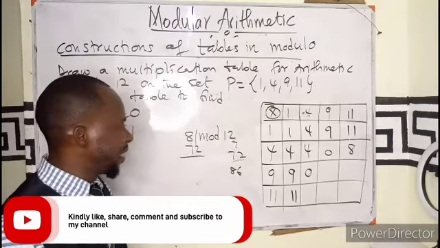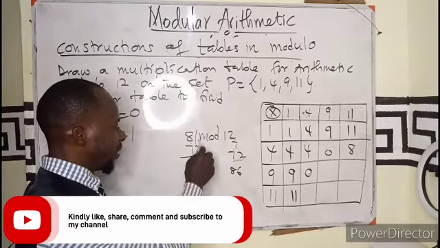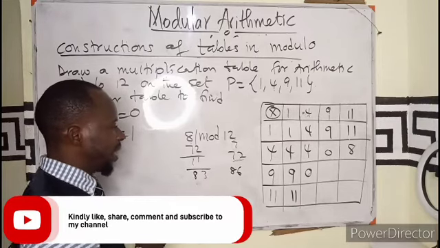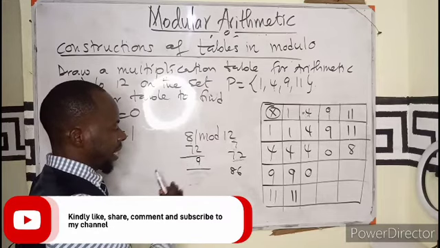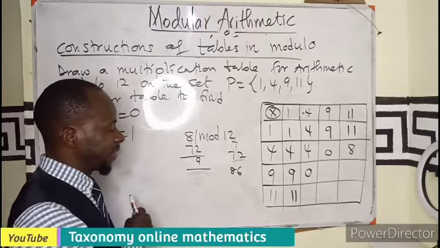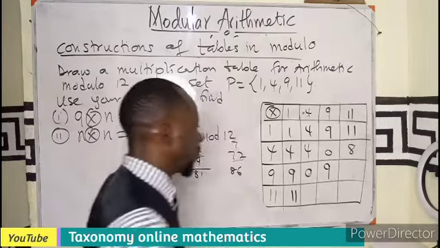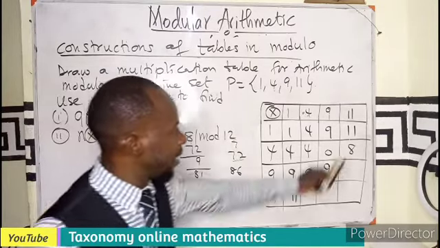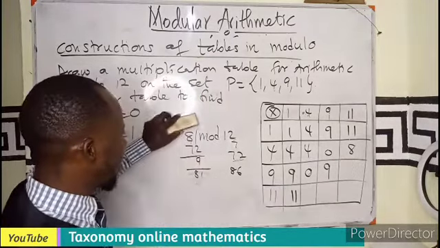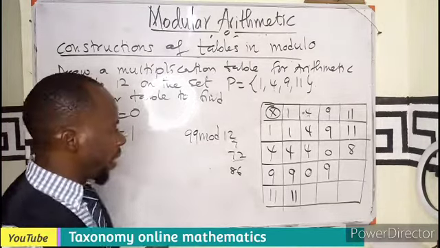11, right? Will it be 11? Let's see, 11 plus this will give us 3, 8. So we have 9. Let's say 9. 9 plus that will be 1, so 89. So I have what? 9. I'm sure you're with me? Alright. 11, 9 is what? 99. Already we know that